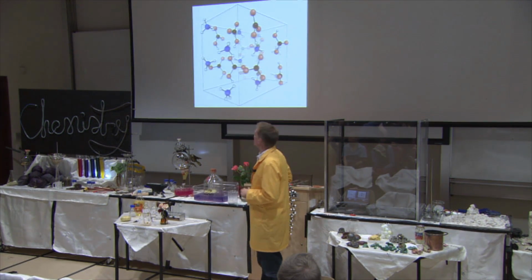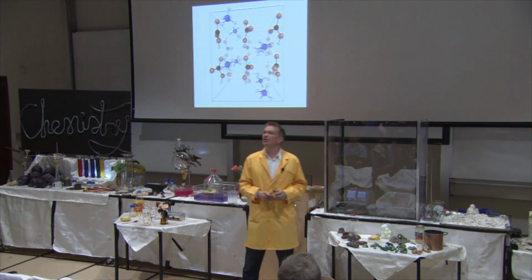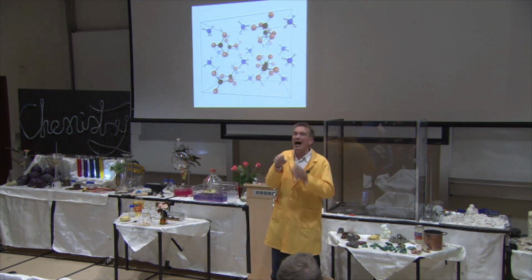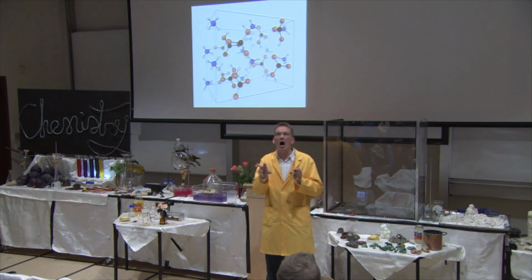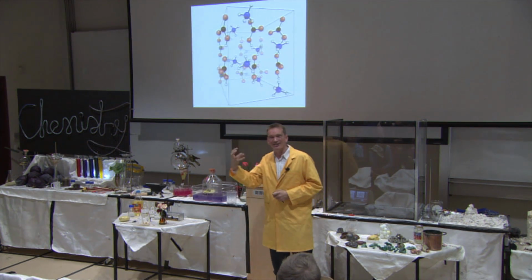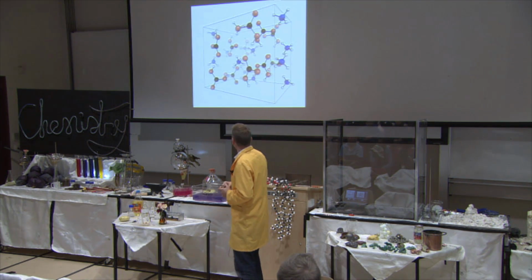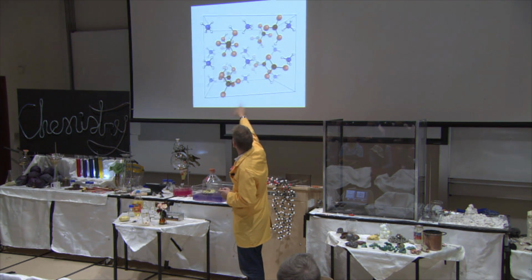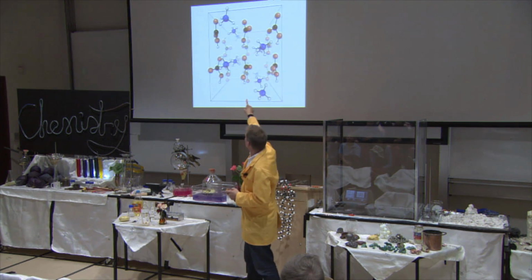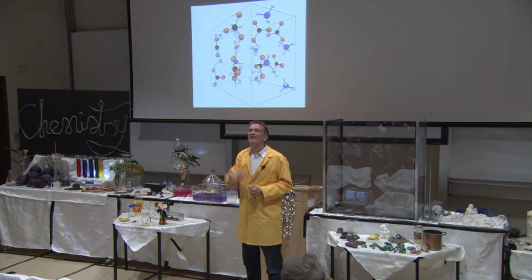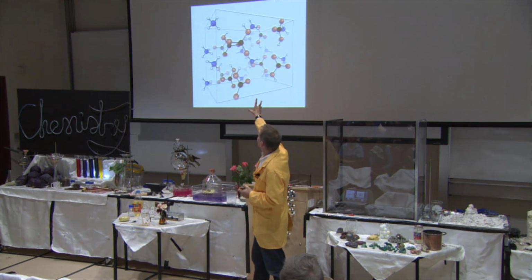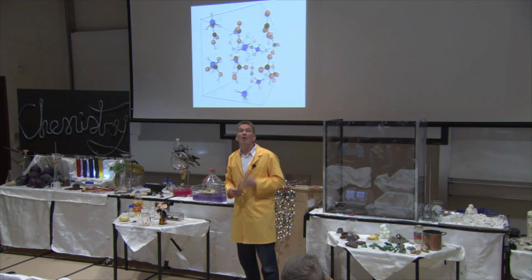And, well, I sent this to be analysed, and this is using a technique called X-ray crystallography, where you shine X-rays at crystals, and this reveals where the atoms are in the crystals. And this is from my distilled hair, these crystals that came off, and the black represents carbon, the red oxygen, the white's hydrogen, and the blue is nitrogen. So you see the blue with 4 hydrogens around. That is ammonium. It's a positively charged ion, and it's sticking together with these carbonate ions, but we've made it.